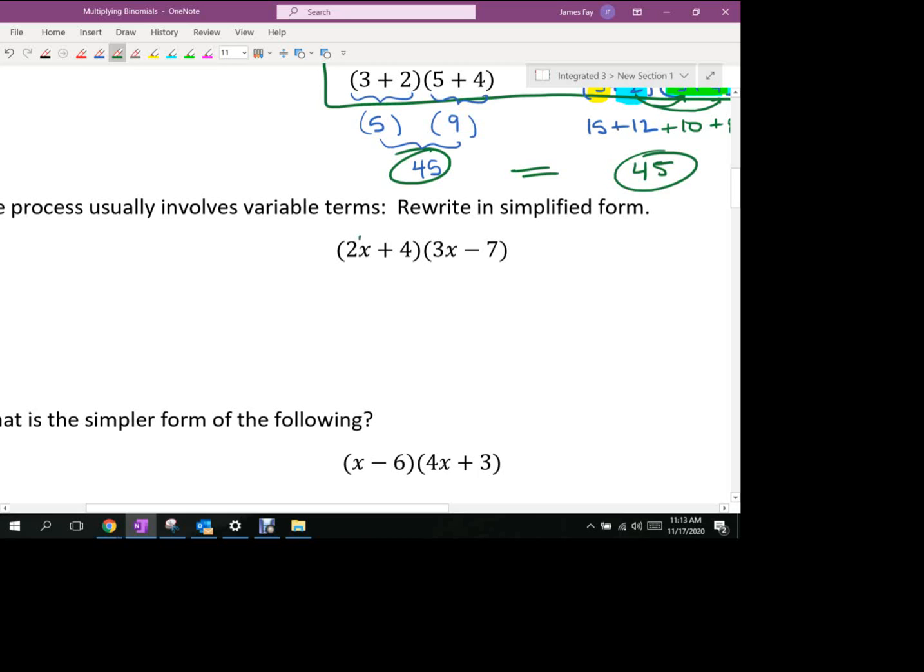So what we're going to do is take 2x times 3x. What's 2 times 3? 6. Does anybody remember what x times x is? What's your best guess? X squared. Good. When you multiply variables that are the same, in this case x and x, you add their exponents. Because this exponent is a 1 right there, and that exponent right there is a 1,